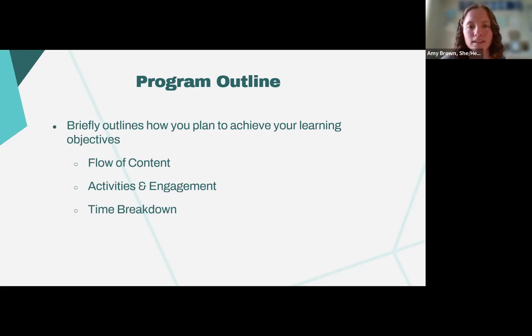It really can just be kind of like a list of what you plan to cover and how you plan to cover it. It is important to consider the flow of content and how you're going to be organizing that content within your presentation, because that will determine how participants potentially will learn and understand that content. As we've been talking about, a little bit of a broken record, please make it engaging. Make sure that participants are able to engage with the material, reflect on it, whether that's through specific activities, reflection, maybe group discussion. Talk about in your outline what you plan to do to engage the participants.